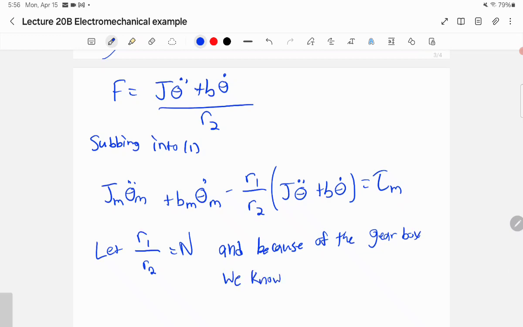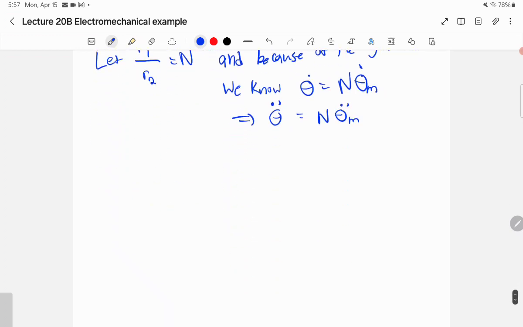And if you don't remember this, you can go back to the original rotational motion video, because I gave this as one of the types of equations way back then. But in the gearbox, it's going to look like this. And this obviously implies if I take the double dot here, then taking all of those facts,